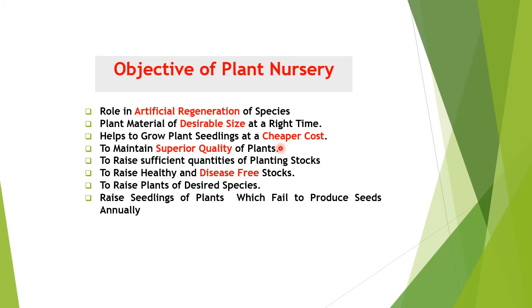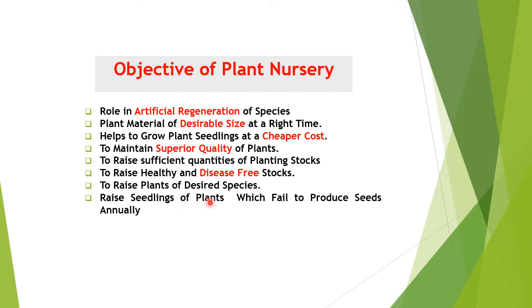The objective of the nursery is that you always maintain the superior quality. You reject the inferior quality, you promote the superior quality only. And to raise sufficient quantities of planting stocks, to raise healthy and disease-free stocks, to raise plants of desired species,